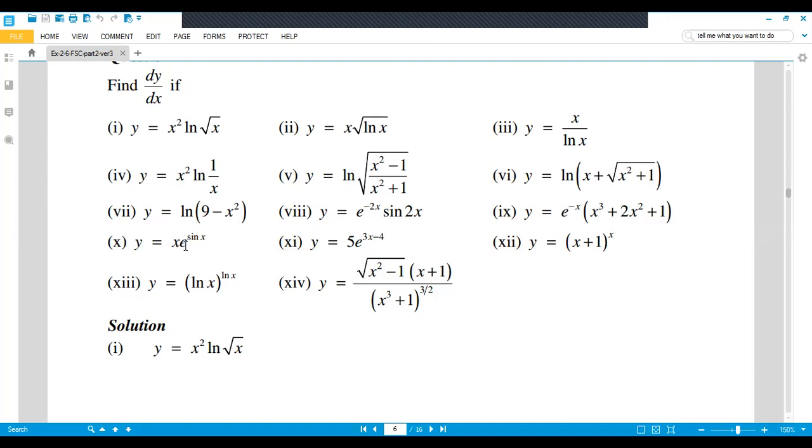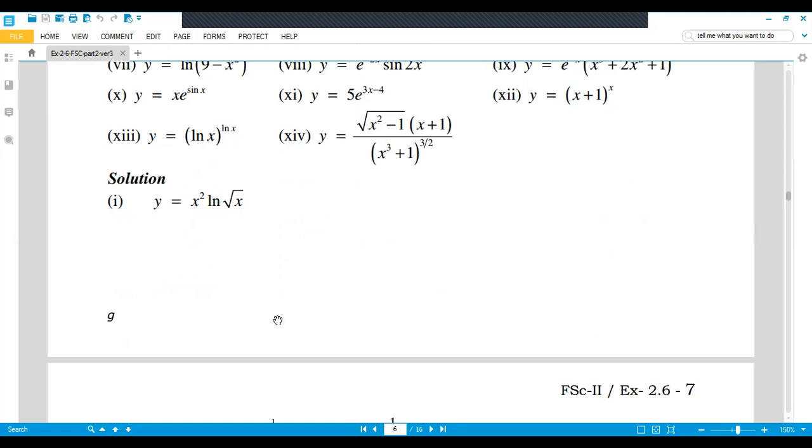For this you apply the product rule. For this you apply substitution, because here sin x is in the power, so you do some substitution and after that you solve it. Here again you will solve it by simple derivative. And this one, the variable has a power in the variable, so you apply the natural log on both sides and after that you take the derivative. And in this case again, first you take the natural log on both sides and then you apply the derivative, and for this obviously you apply the quotient rule.